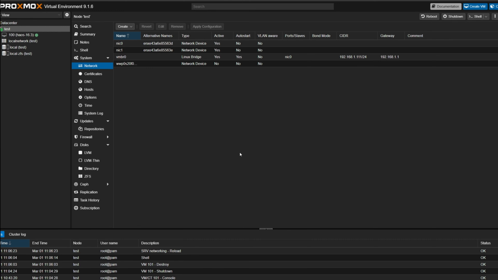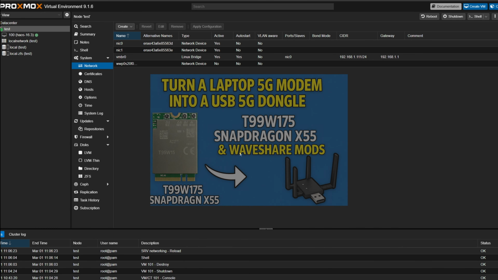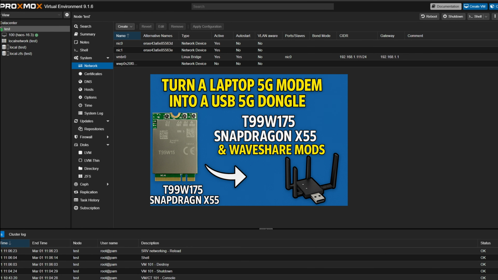Hello, I'm Adam, and today I will show you an alternative way to have internet on your Proxmox mini PC and whole house. Today I will talk about OpenWrt and the 5G modem that I've got in previous videos,